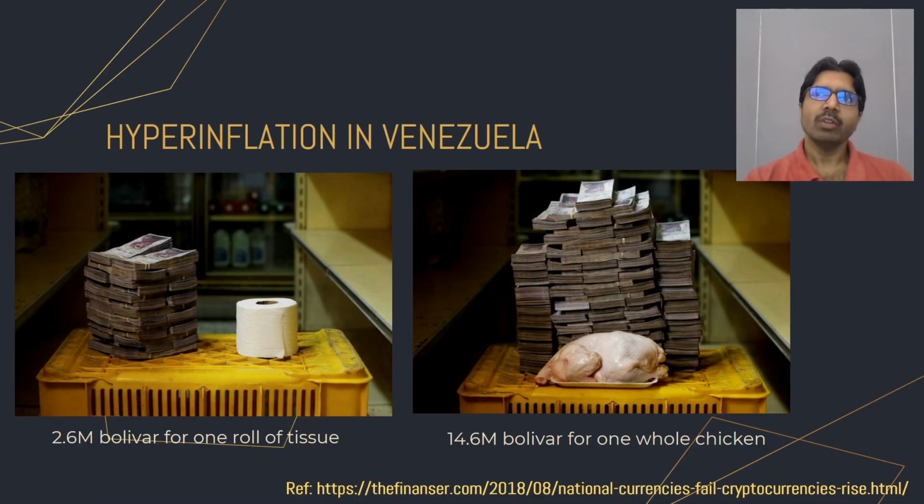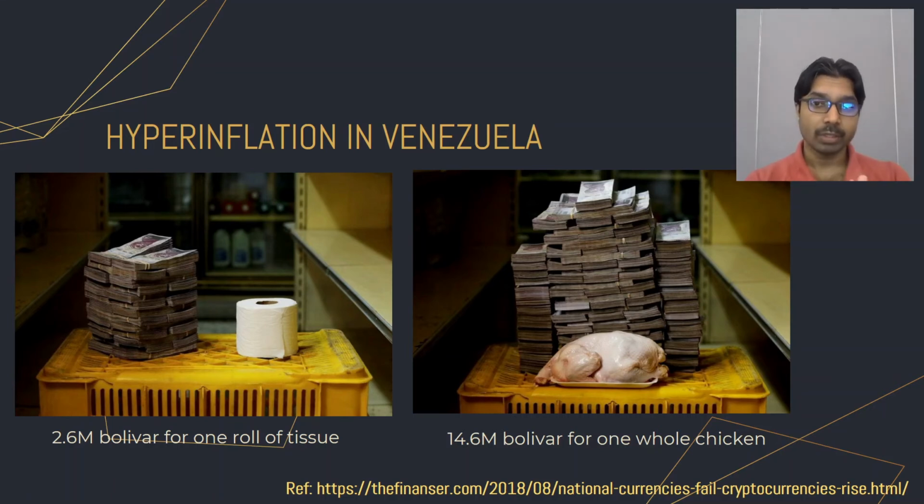So here you might be wondering, Naresh, you spoke about how gold can be used to protect against inflation, but is inflation going to be that bad that I need to think of this alternative? You might ask. So let me introduce you to a situation which took place in Venezuela.